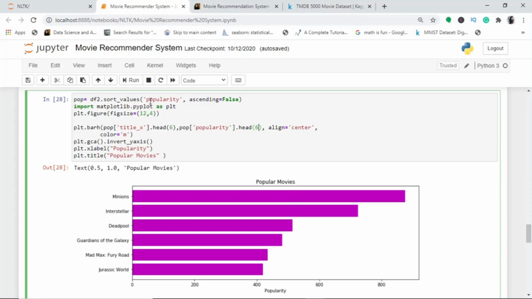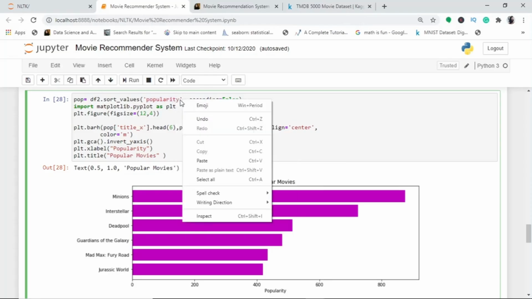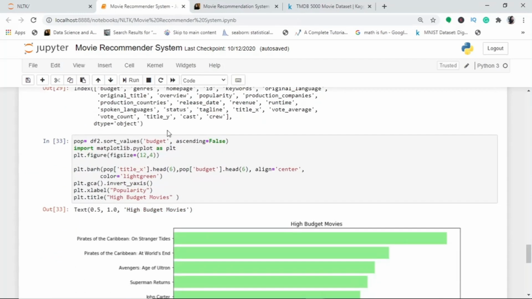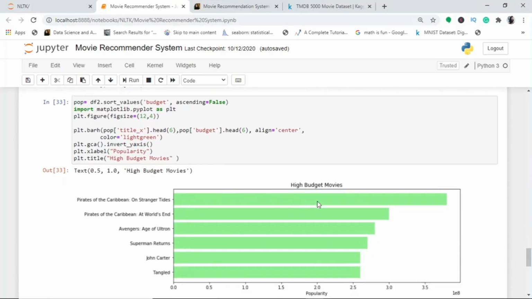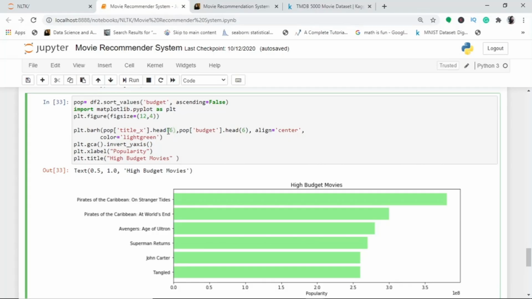Now another thing, you can just play around with this feature. Instead of popularity, I have just used here budget. The high budget movies were Pirates of Caribbean, On Stranger Tides. And next was again Pirates of Caribbean, then Avengers, Superman Returns, John Carter, and so on. You can also change this to 10, 15 as per your choice and recommendation. So this is about how you sort out the movies as per their budget